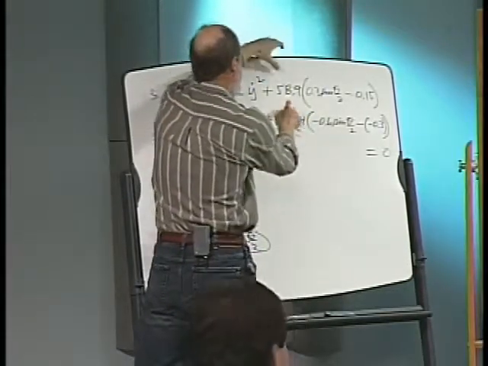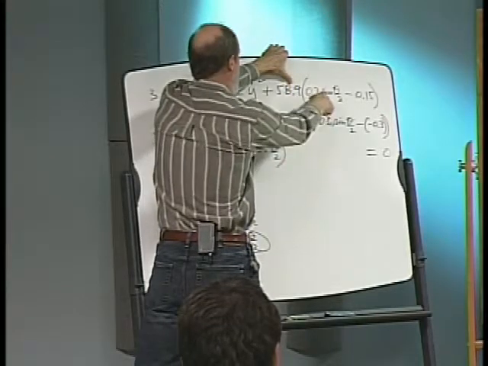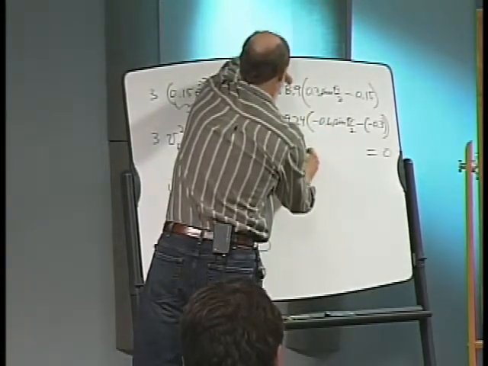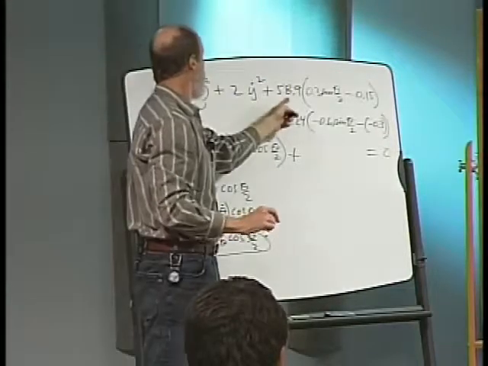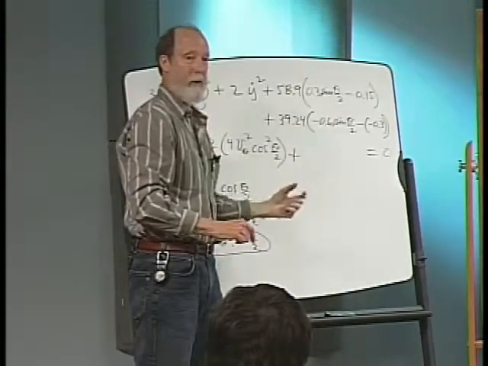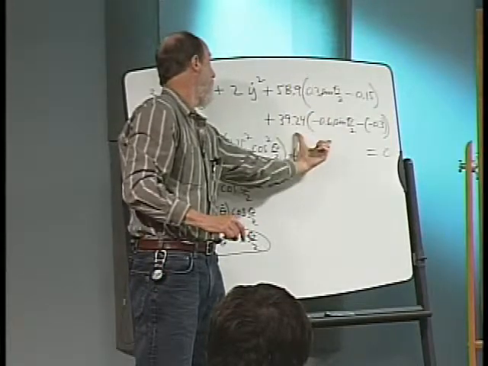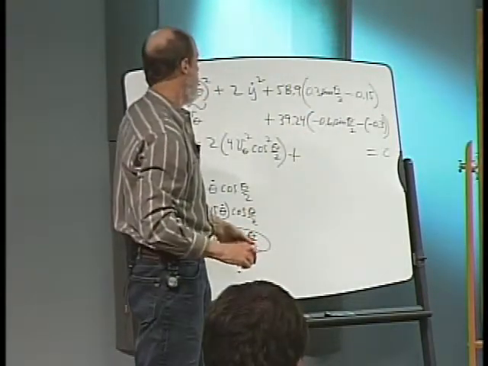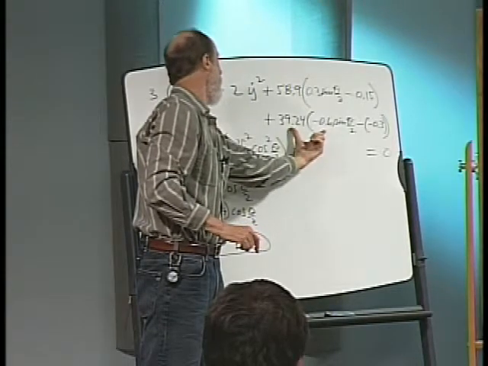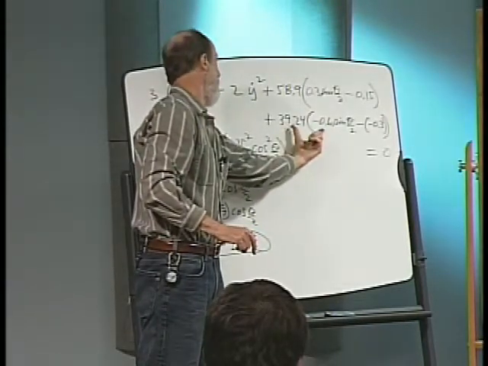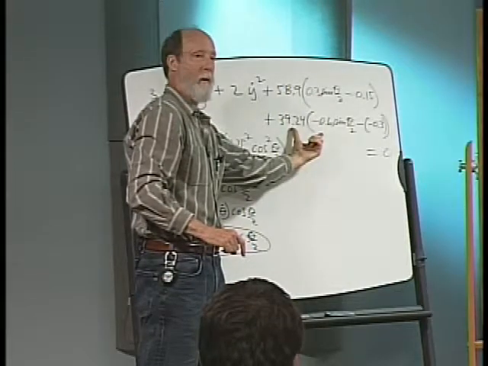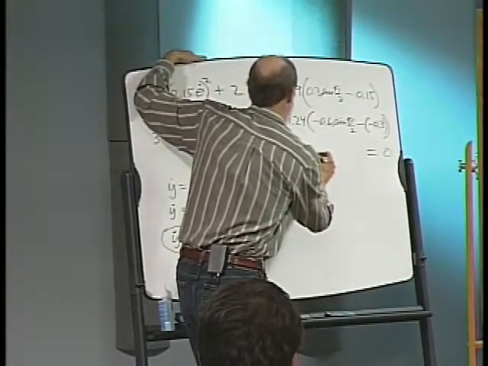If somebody with their calculator would take 58.9 times 0.3 and subtract from it 39.24 times 0.6. I just want the sine terms to collapse together. These 2 sine terms collapse together. 41.214. That doesn't feel right. Did you subtract this? This is a little more than half. This is a little more than 20. That's negative 0.6. This is a negative 0.6 times 39.24. It's a little more than 20. And we're actually going to end up with a negative there, aren't we? Negative 5.87. Okay, so we get a negative